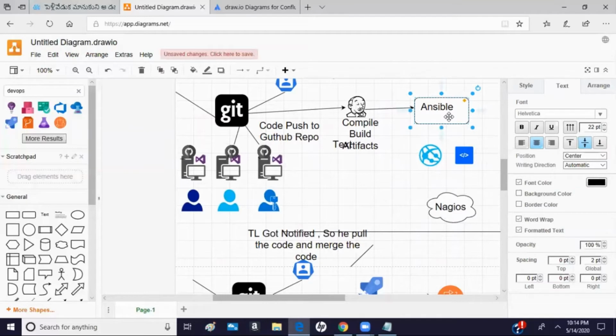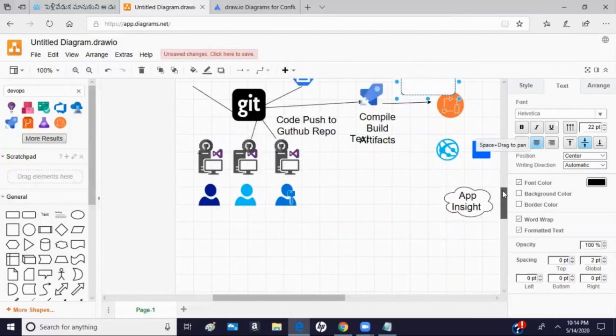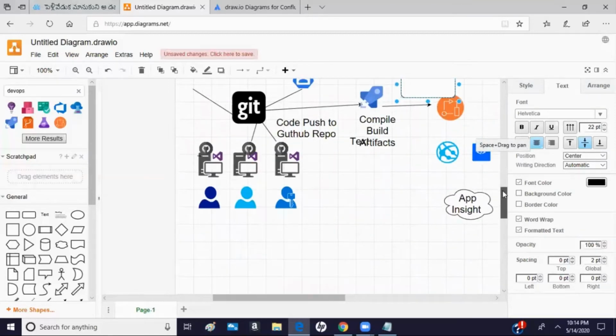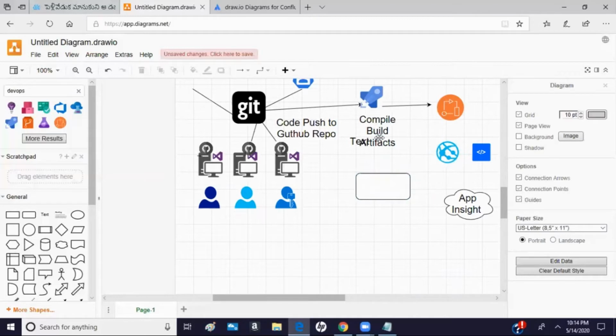So you can use Ansible to provision these app services. You have an app service which is running here, right? Now this app service can be managed using Ansible.